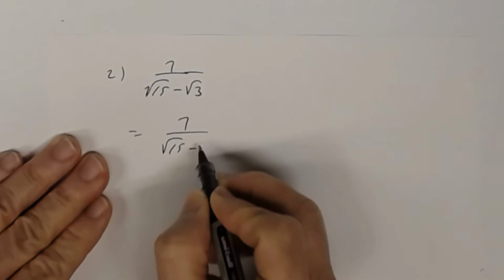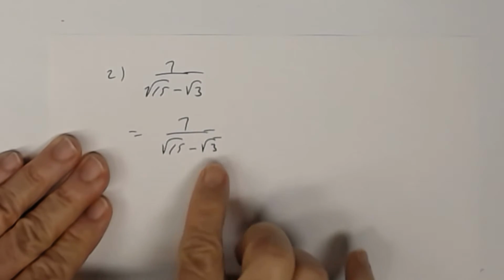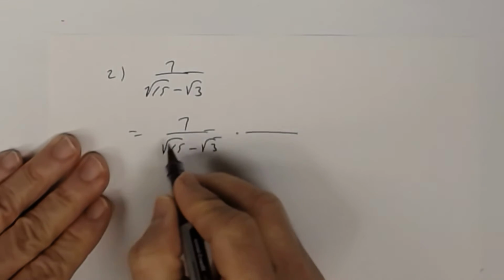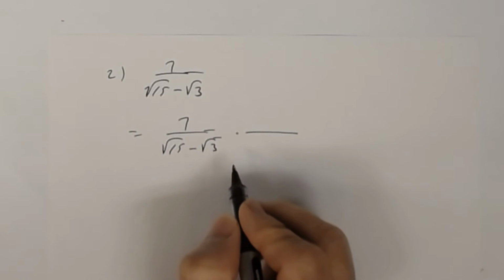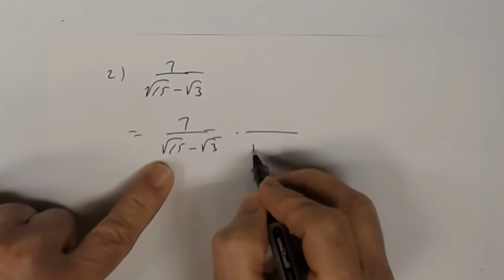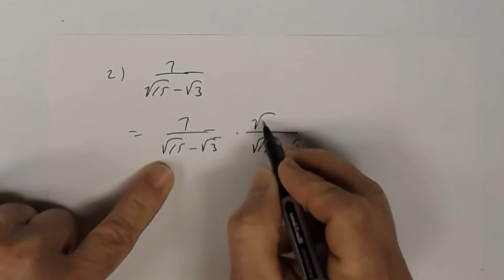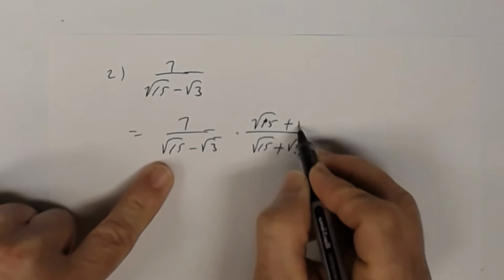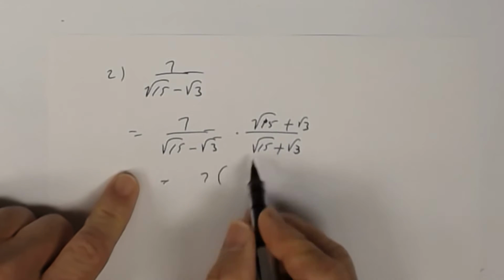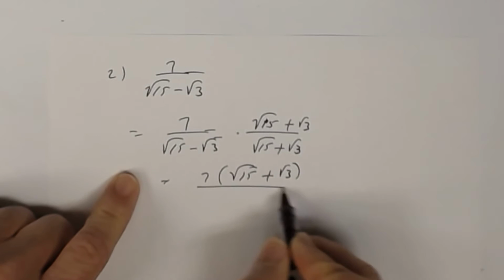So I'm going to go ahead and rewrite this over. All right, now remember, to rationalize the denominator, I've got to multiply the numerator and the denominator by the conjugate. 2 terms, think conjugate. And the conjugate of the square root of 15 minus the square root of 3 is the square root of 15 plus the square root of 3. And what you do to the denominator, you do to the numerator. Okay? So then I get 7 times the square root of 15 plus the square root of 3 divided by,